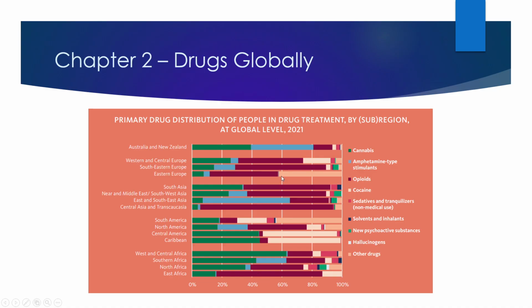And you can see overall for the whole world, opioids overall is big with some exceptions. You can see here in Central America and Caribbean that it looks like hallucinogens is a problem. And in South America here, you got some other drugs as well. But those are more the exceptions. You know what I mean? The big picture, if I was to walk away with a big picture, I would say opioids and, surprisingly, marijuana are big elements of the story here.